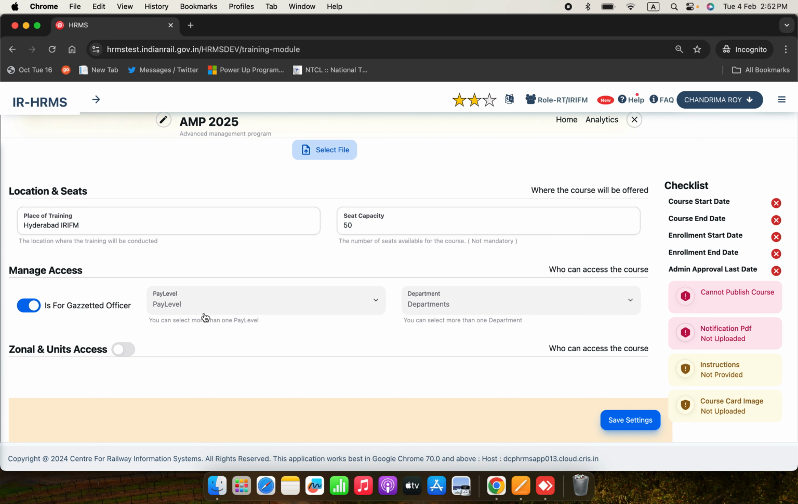The button is always blue. Then what are the pay levels of the employees who are going to access this course? It's a drop down and it's a multi-select drop down. If I am targeting this course to be useful for all the officers below JAG and JAG, I'll click the appropriate